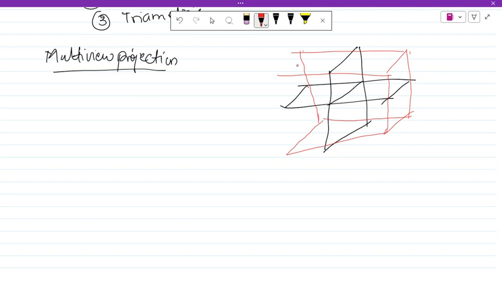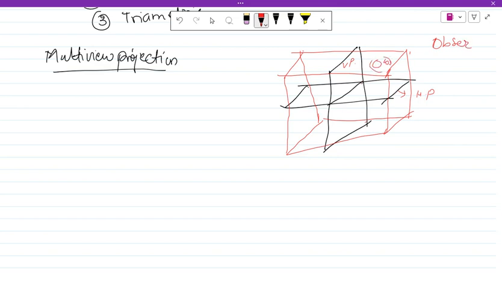Pardon my drawing. It looks very confusing, but it will be clear. So, if an object is kept in a box, this black line is the vertical plane. This is the horizontal plane. There is an object, and there is an observer. There is an observer in here. There is an object